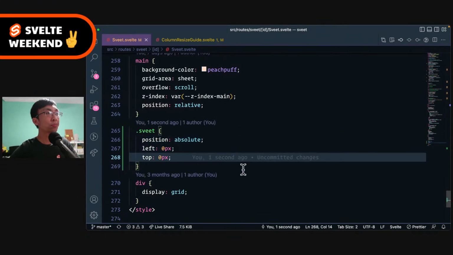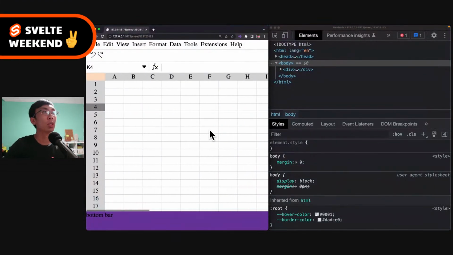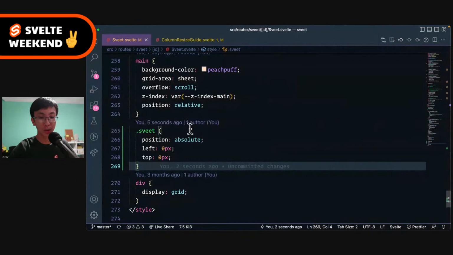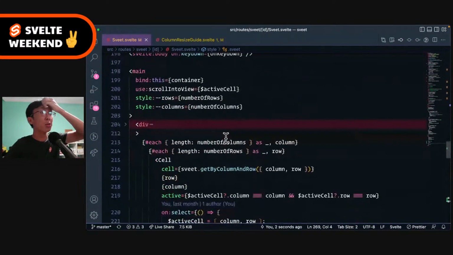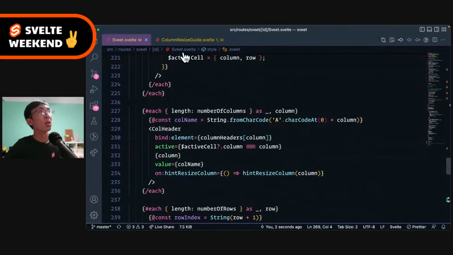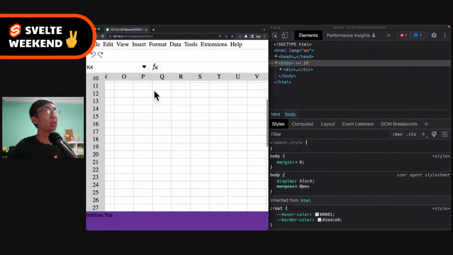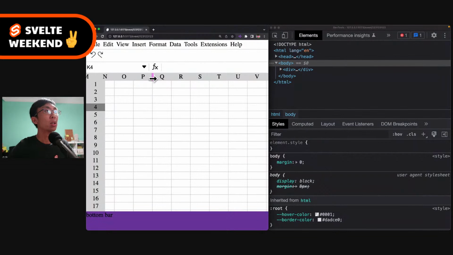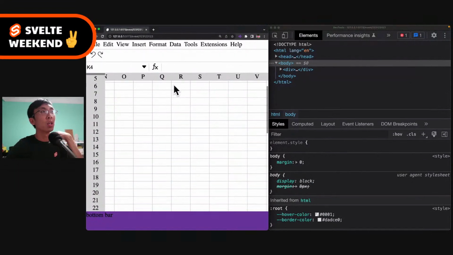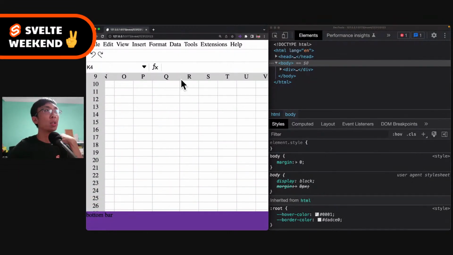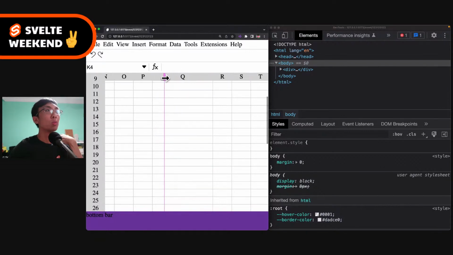Save this. Nothing changed. It's just a bit of cleanup in the code, right? So here, okay, we fixed our first issue where this is scrolling away when we scroll down. Now it's fixed by using some position absolute fix, and now we can resize however we want with our